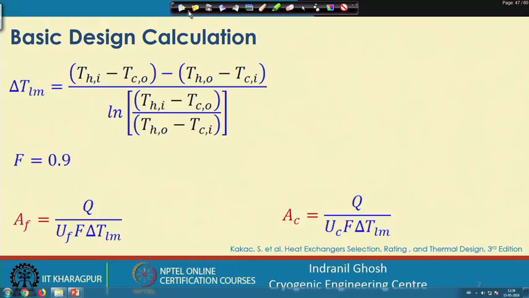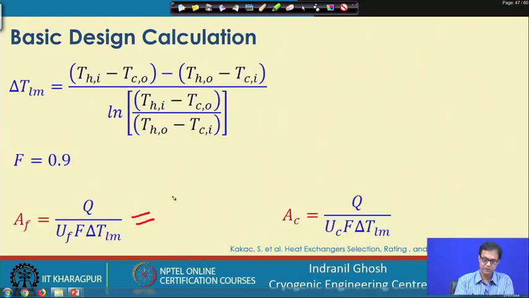This lecture is in continuation of our earlier discussion, where we were trying to design the shell and tube heat exchanger for heating up the raw water with the condensed water. We have estimated the overall heat transfer coefficient. There we found the heat transfer area corresponding to this is